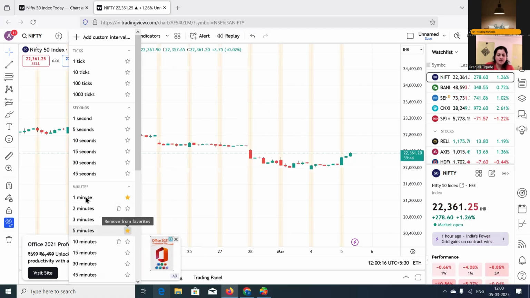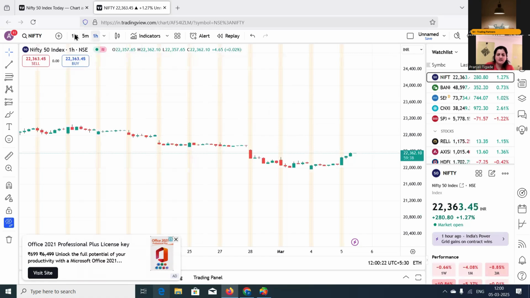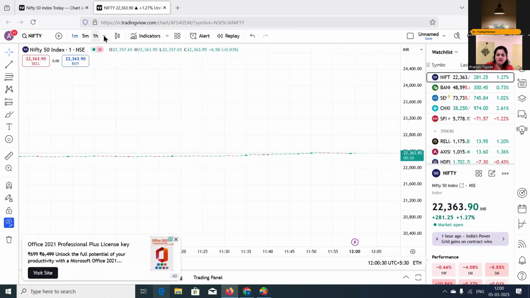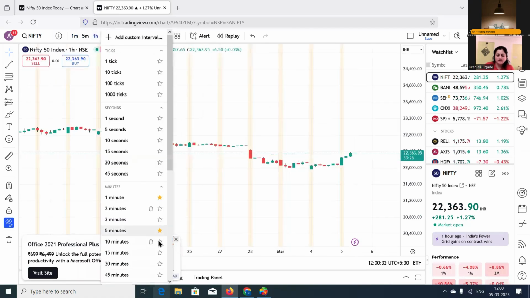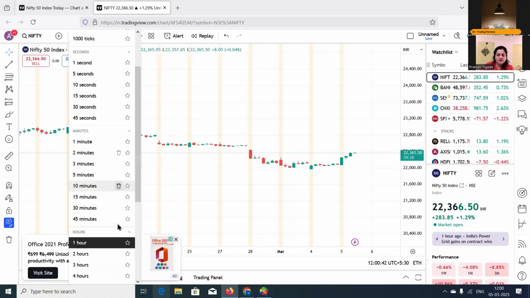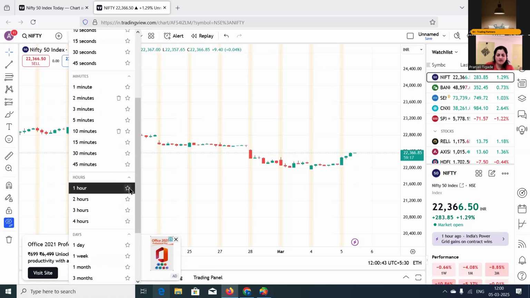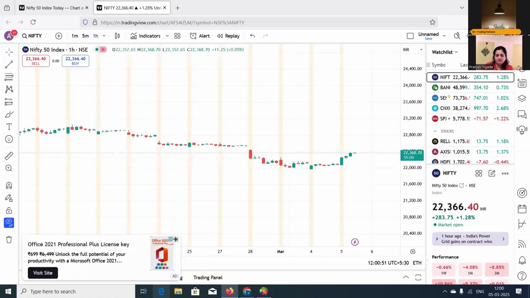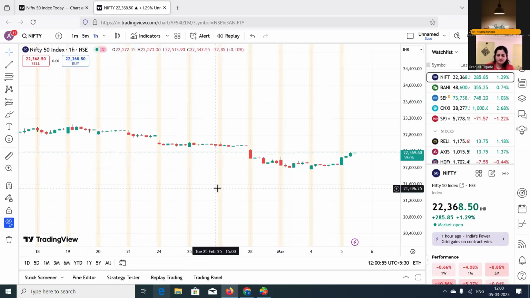For example, if I want to add 1 minute and 5 minutes time frames as favorites, then I can see the favorite time frames here itself. So I can switch between the time frames very quickly. There is no need to go to the drop down in that case. And you can even deselect it if you want to remove it from the favorites. In the favorites, you can add any number of time frames. So these are the mostly used time frames while trading. Okay. Is there any recommendation on who should use which time frame?